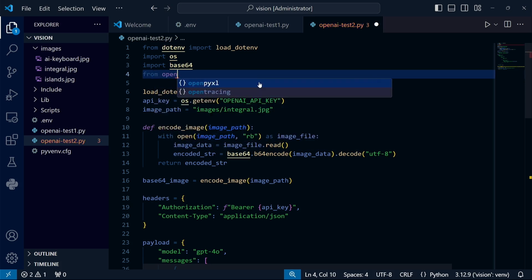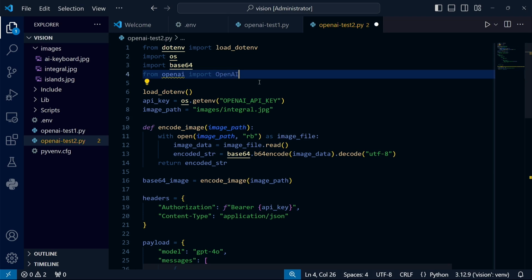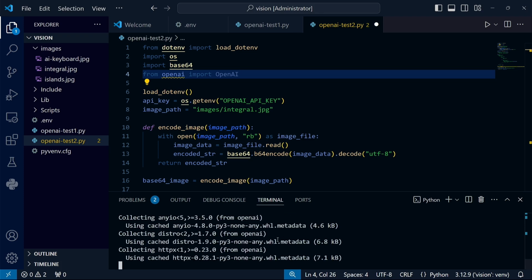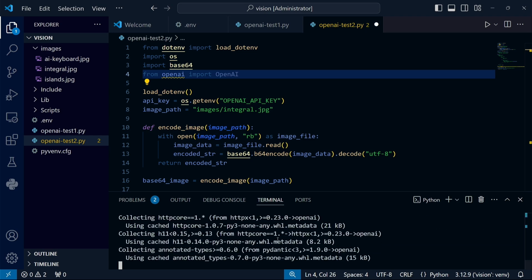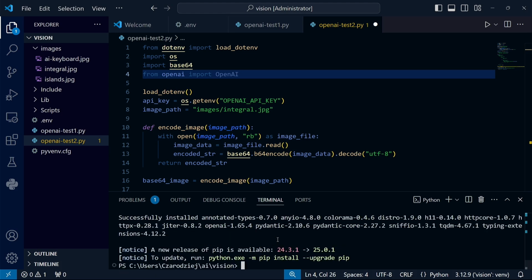First, I import the OpenAI instead of requests library. As you can see, the syntax is not highlighting, which is the best sign that the library is not installed. So I am installing it with the pip install command. Looking at how many dependencies this library has, you probably already understand why it's sometimes better to use a simpler and lighter solution with the requests library, especially when our program is really simple. Okay, installed.